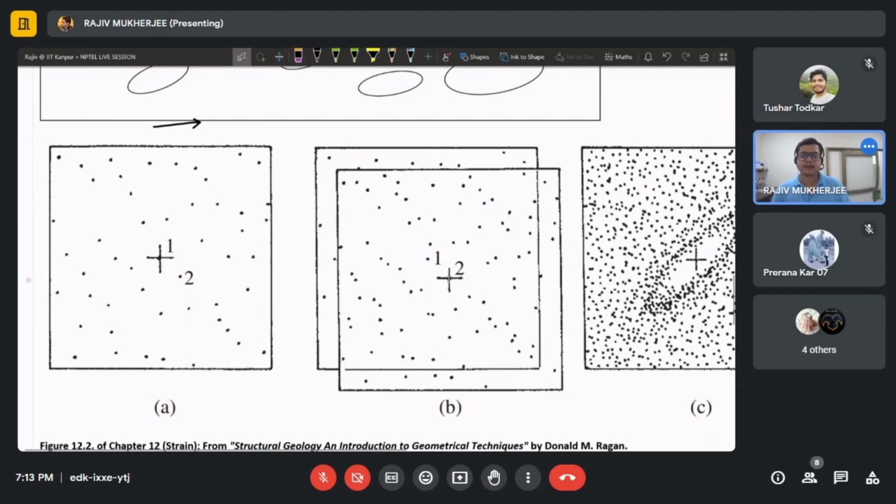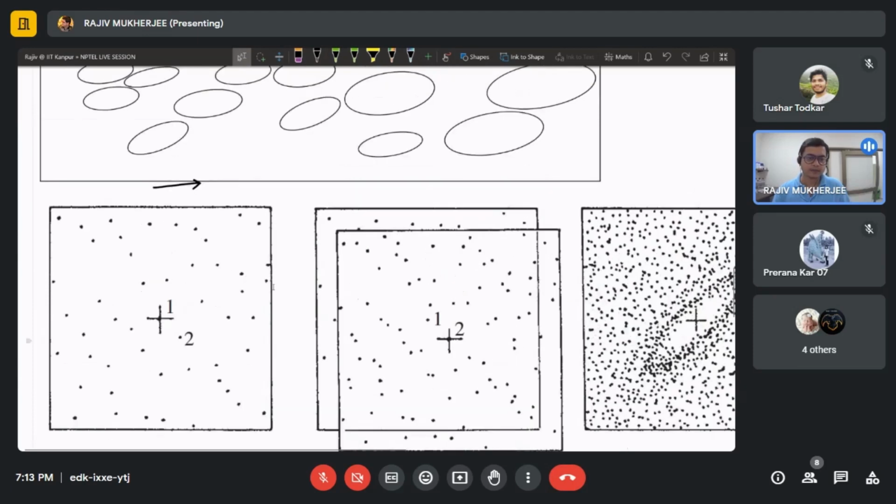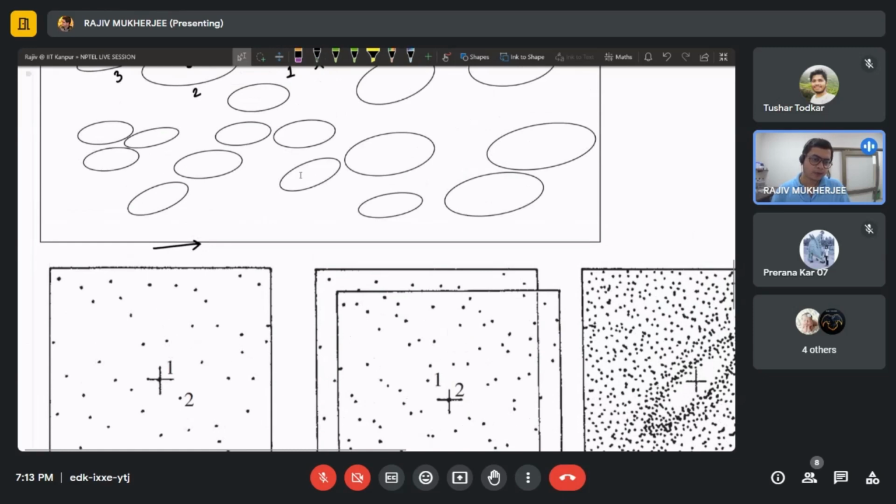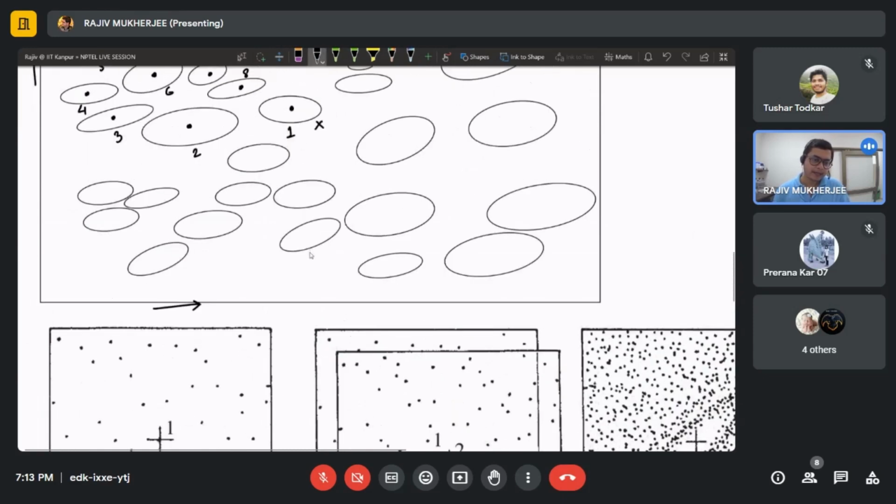So consider this is the center point of the tracing paper. We take the center point of this tracing paper and place it on the center point of the first ellipse,